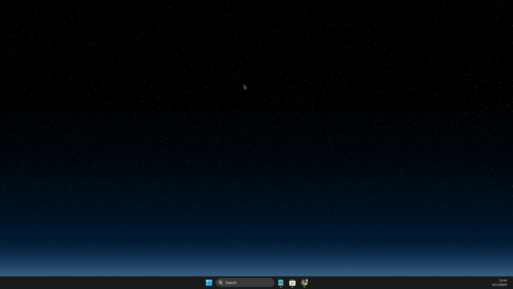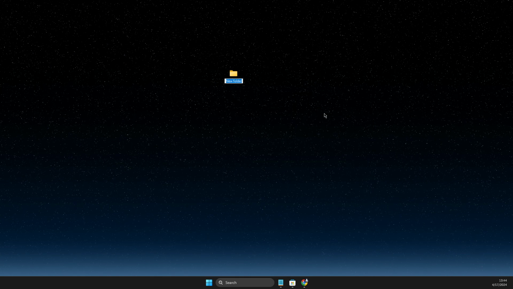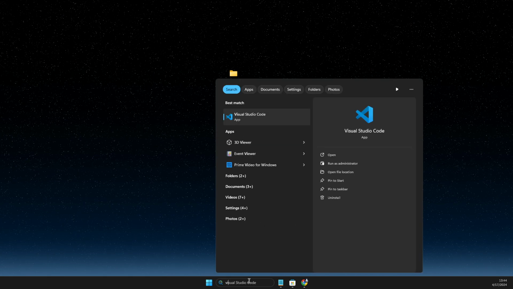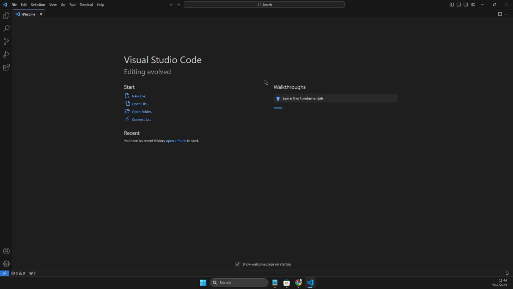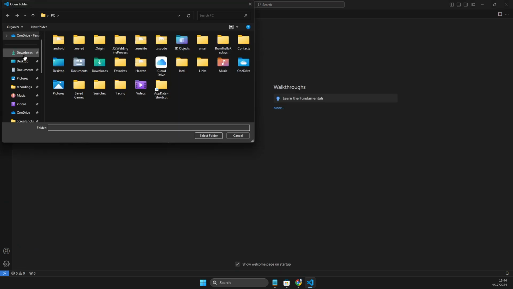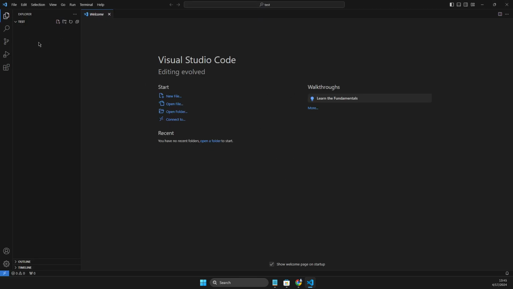So what you need to do here, you just need to right click on your desktop, select new, select folder, name it whatever you like, for example test, and then you just need to go to Visual Studio Code, and on Visual Studio Code hit file, then open folder, then go to where your folder is, and then here the